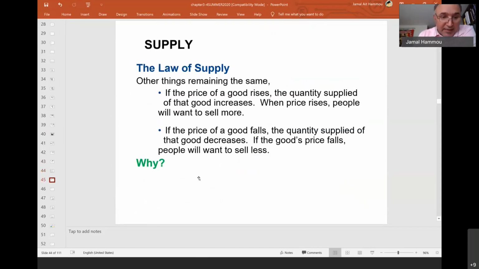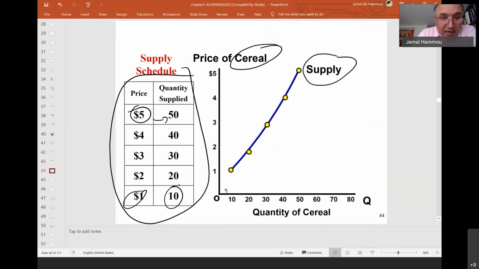So it is clear, you can see from the table, you just look at the table and notice the price is going down from 5 to 4, 4 to 3, 3 to 2, 2 to 1. The quantity is going down: 50, 40, 30, 20, and 10. Now, if we go in the opposite direction,